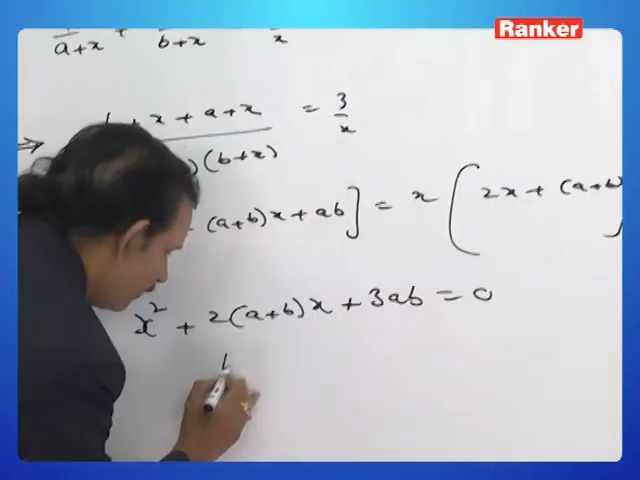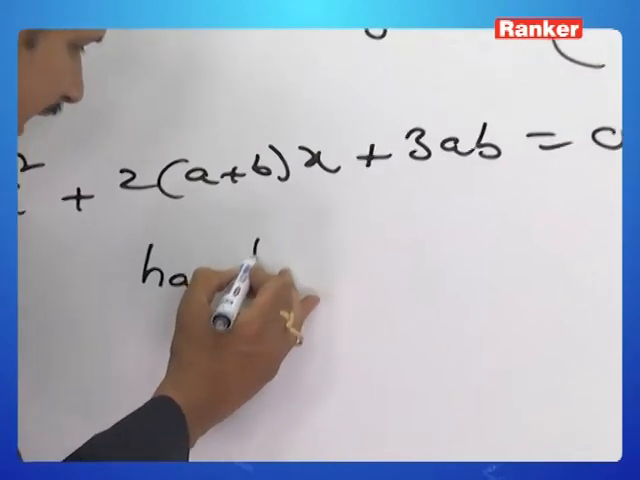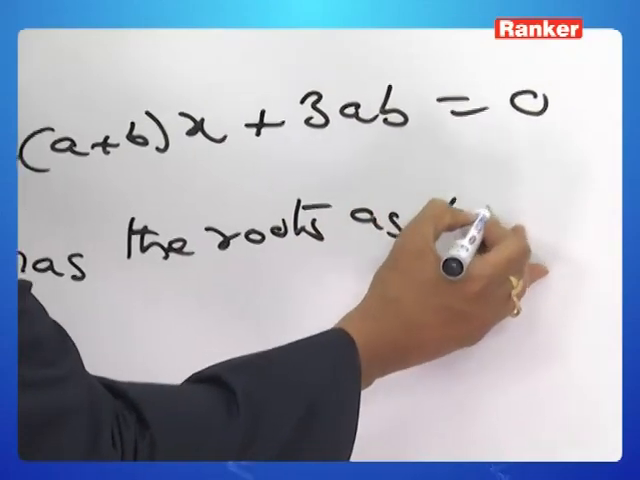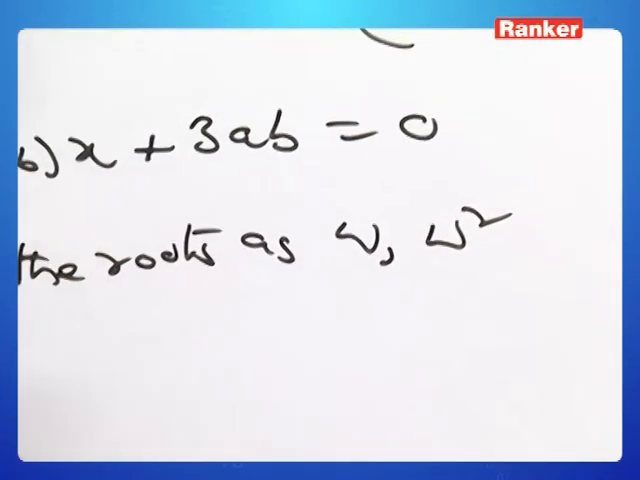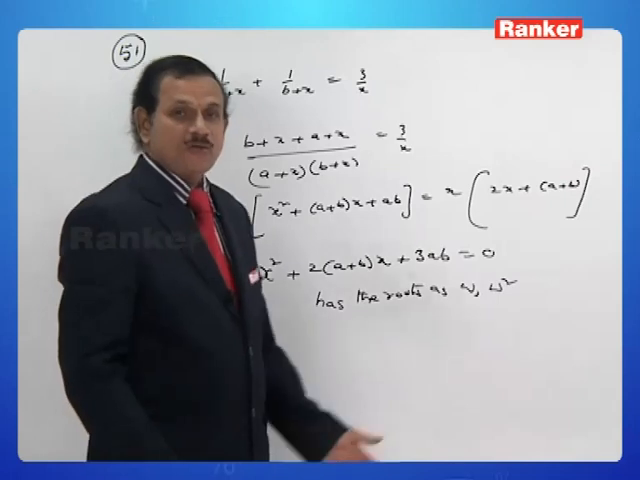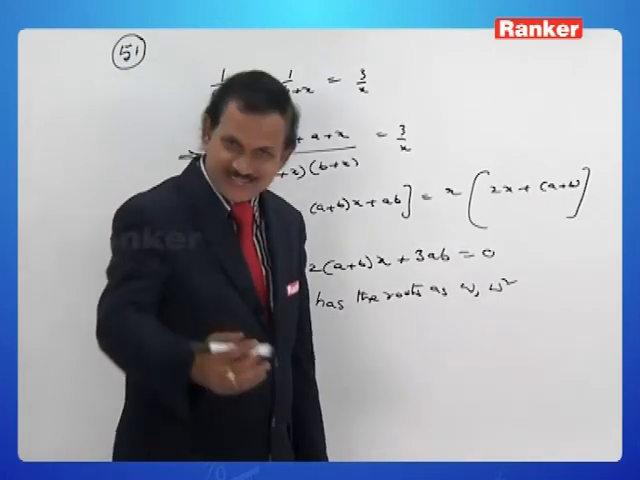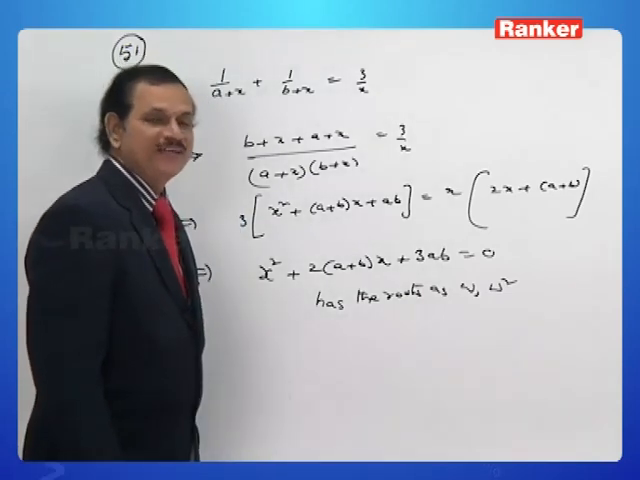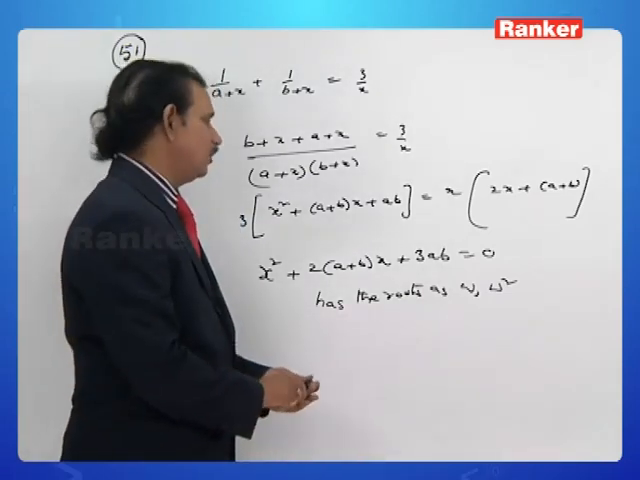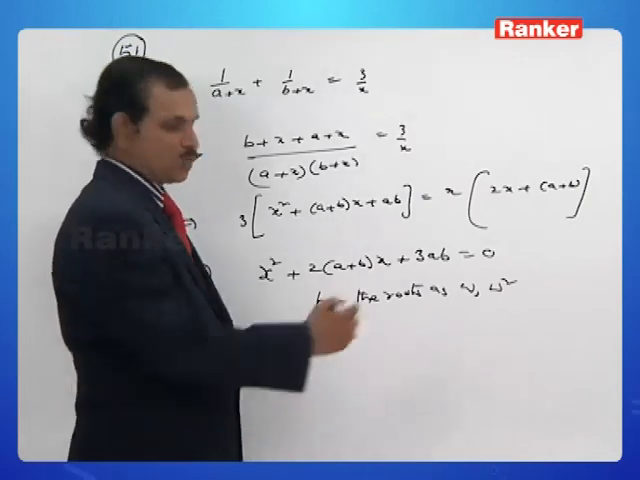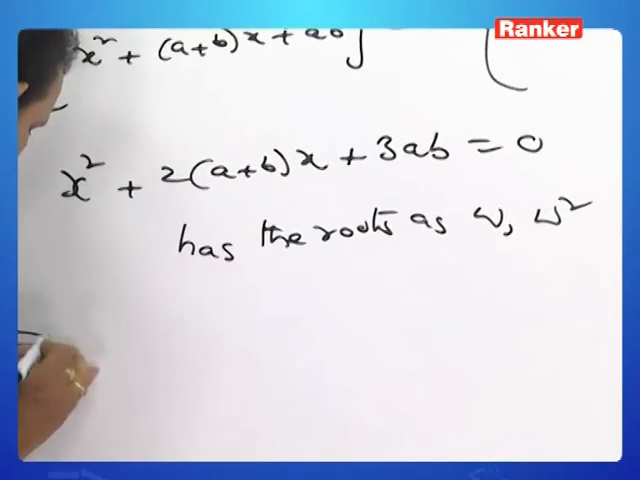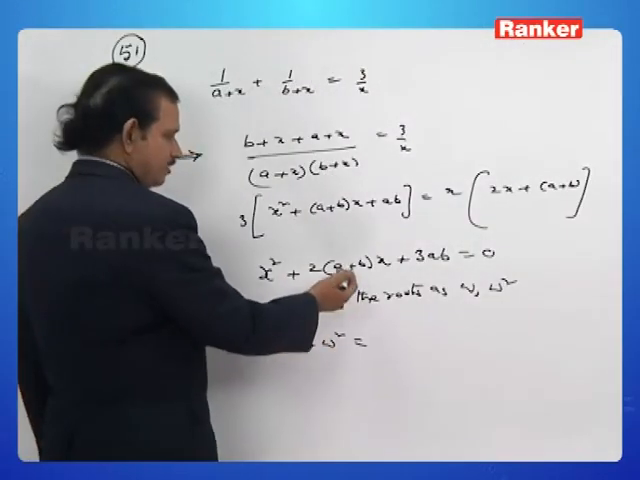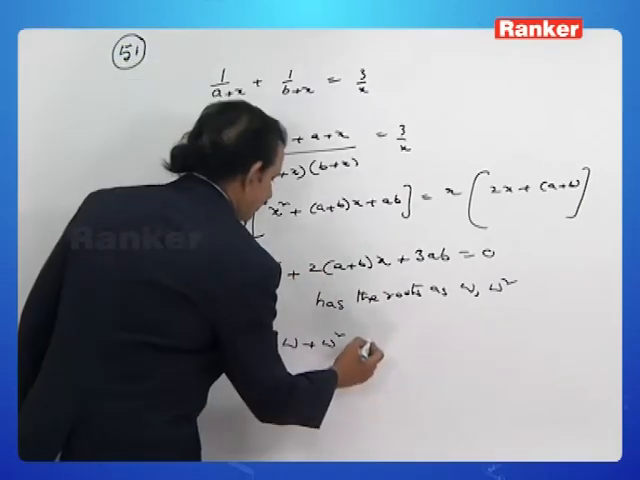This equation has the roots omega and omega square. Who told us? He has given us, isn't it? Omega and omega square are the roots of it. Well then, what is the sum of the roots? Sum of the roots, that is omega plus omega square, is equal to, what is the sum of the roots of this quadratic equation? Minus